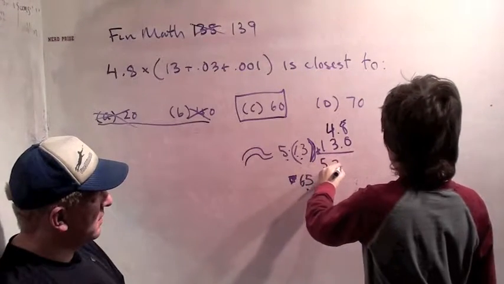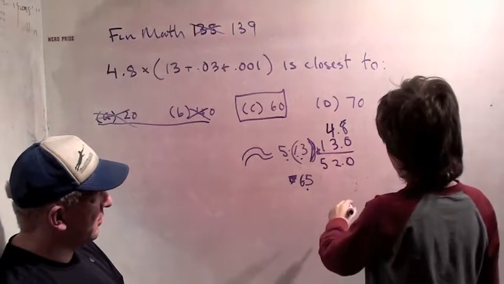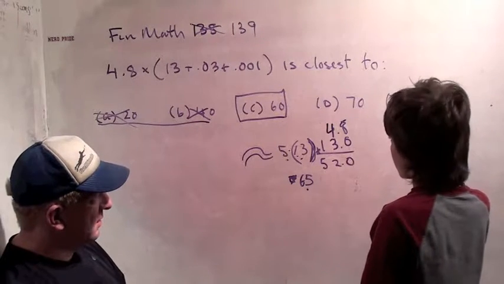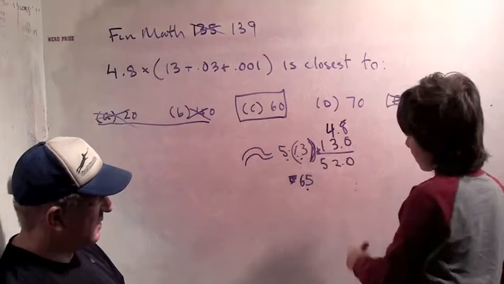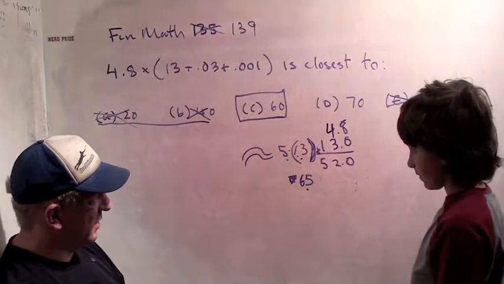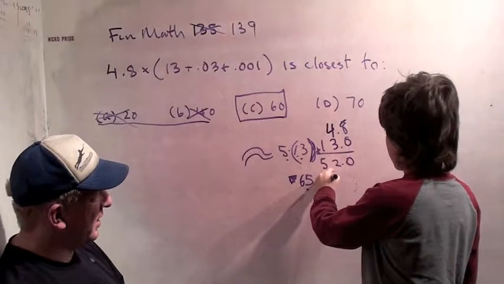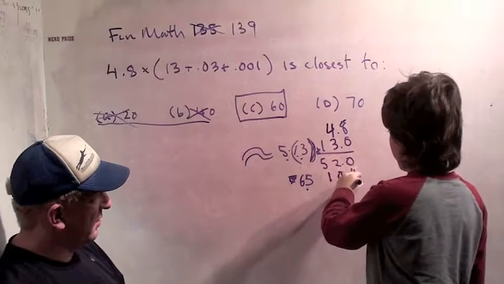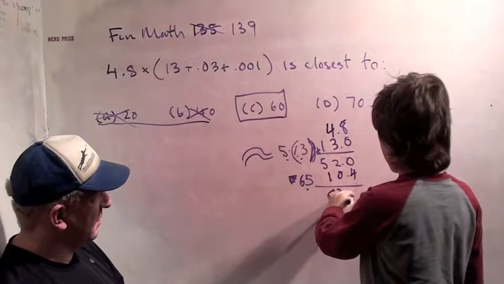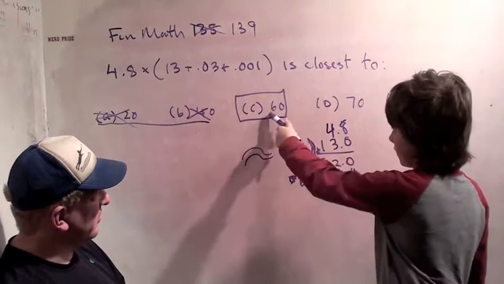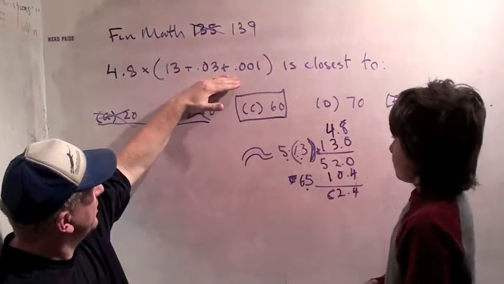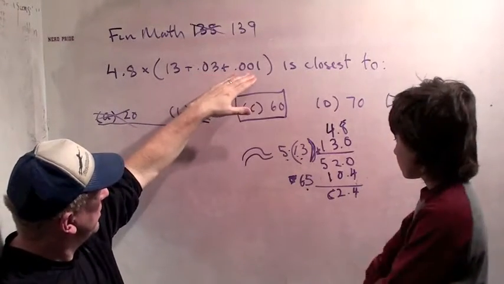So it's 52. That's 4 times 13. And then 0.8 times 13. What's 8 times 13? It's 104. So 0.8 times 13 is 10.4. So 62.4. That is closer to 60. And we just need to make sure that when we increase by 0.03 and 0.01